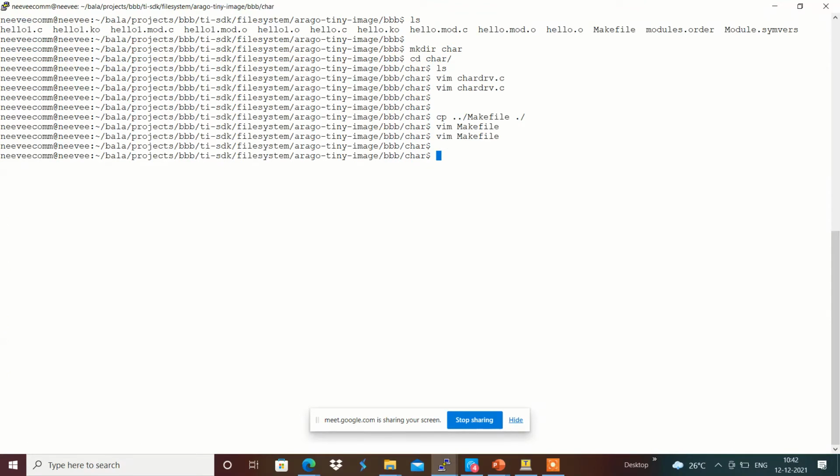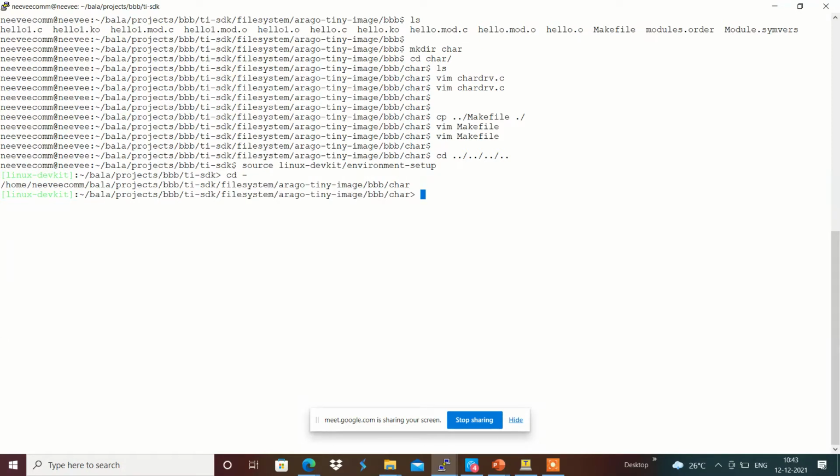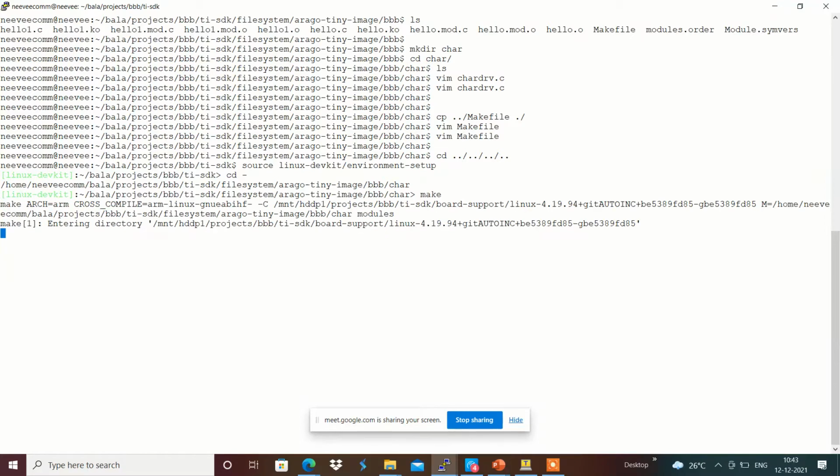And I'm going to source the Linux dev kit environment setup, which basically sets up the compiler and everything. And I'm going to compile this.